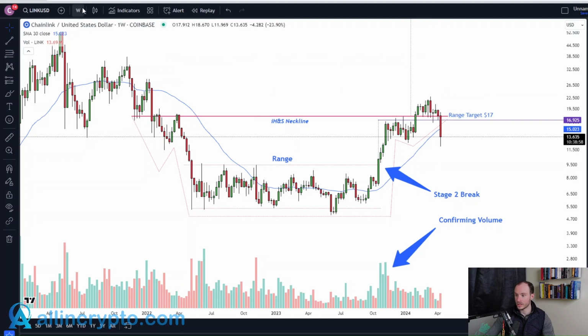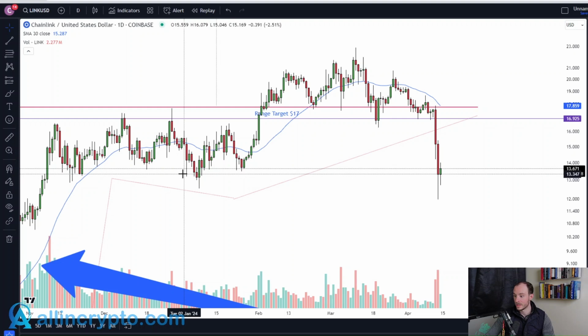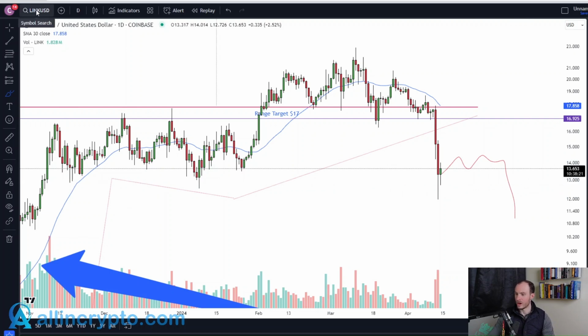And you can see it's obviously lost this support level, which was your neckline, and it has had a very, very deep retracement. It did actually run, or certainly wicked, below this low, which is not a great sign, but the important thing really is that you do not close below this low here. And since we've fallen off a bit of a cliff here, we are actually finding a little bit of support. So what Chainlink really needs to do is bottom out here and then resume the trend. If it bottoms and starts to go lower, certainly closing below here, then we are looking at an entire validation of the potential $63 price prediction that we have.